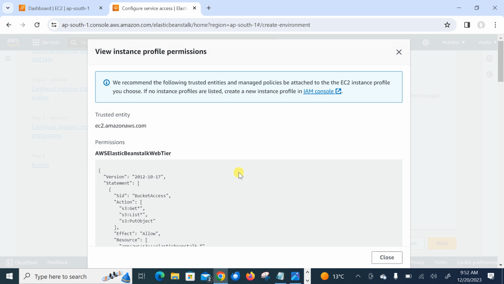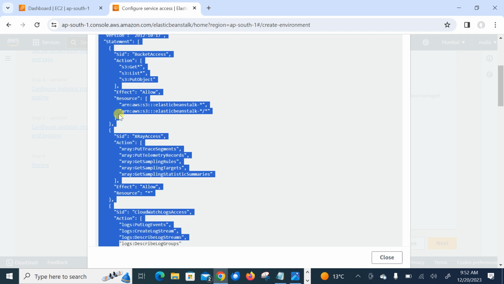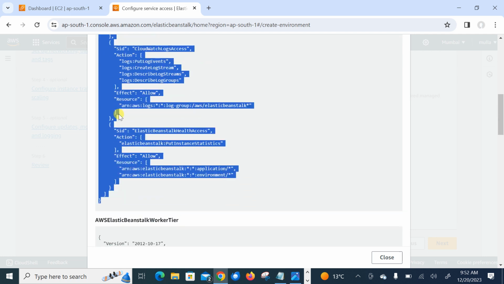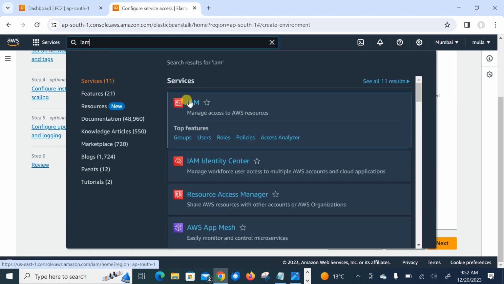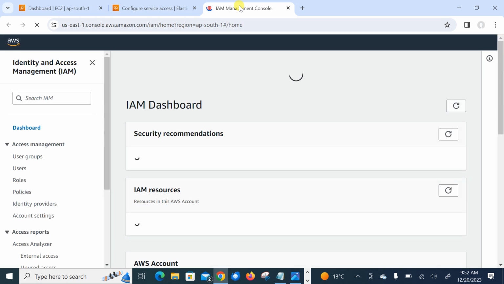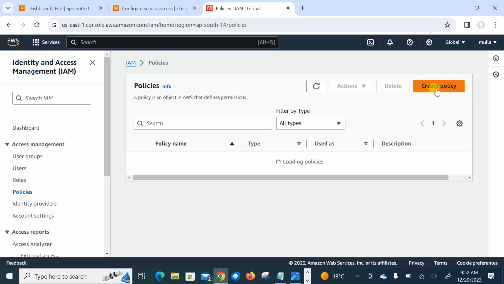policy using the IAM dashboard. So if I scroll down here, this is the AWS Elastic Beanstalk web tier. So let me copy the entire policy. Yeah, that's sufficient. Let it be copied from here, close, and I need to open my IAM dashboard to create my custom policy. So let me open a new tab. Here I am. So I have copied all the policy, and now in the policy, create a policy,